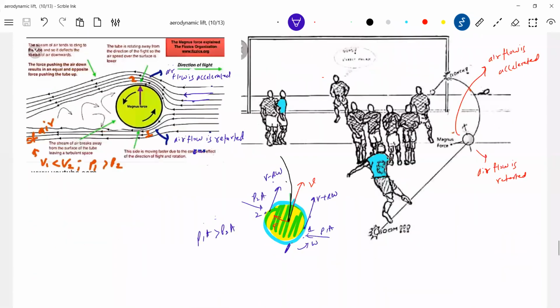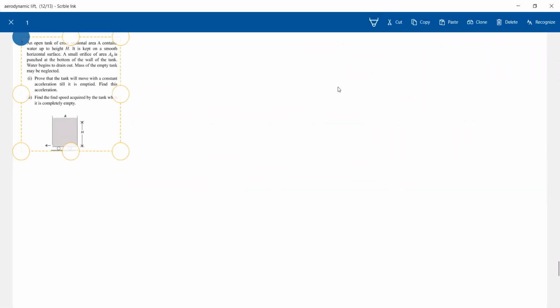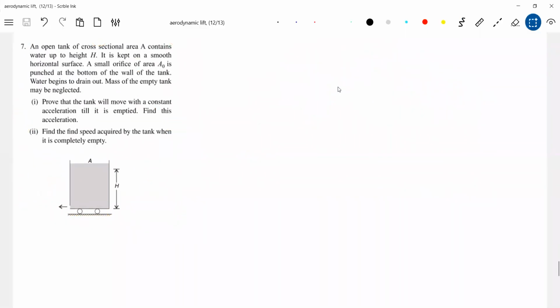Okay, let's get into the next set of problems. This is about the Magnus effect and aerodynamic lift, the possibility of asking any question. This is some mathematics, we will get into some problems of this. Read the question. At an instant of time,